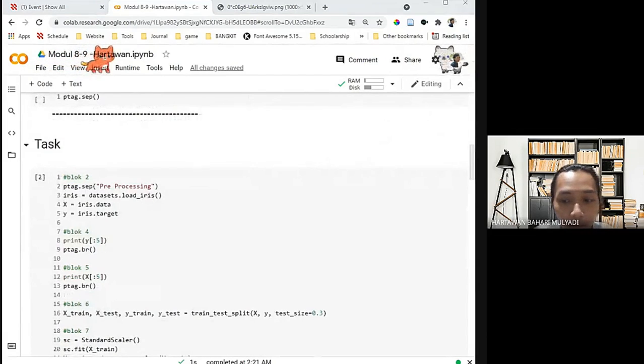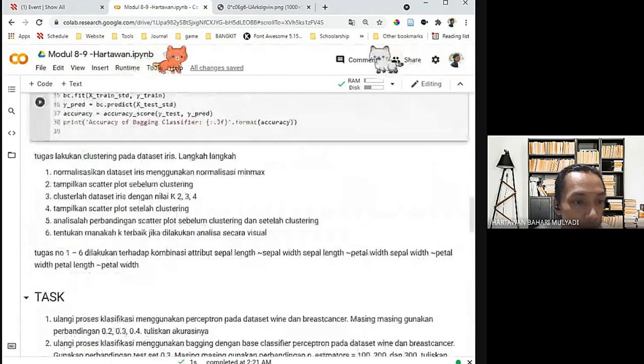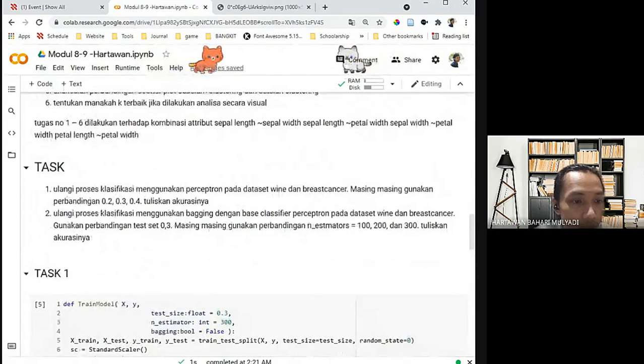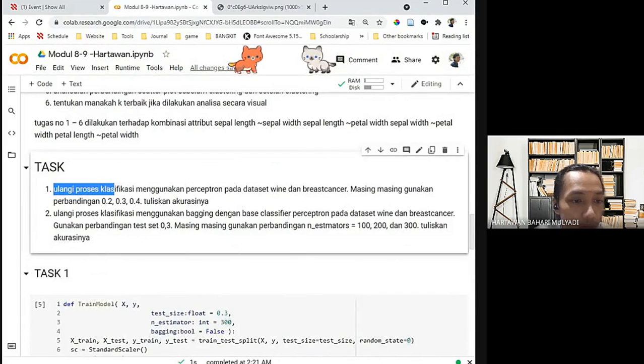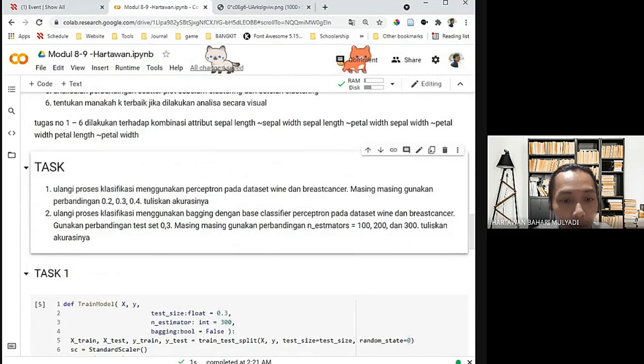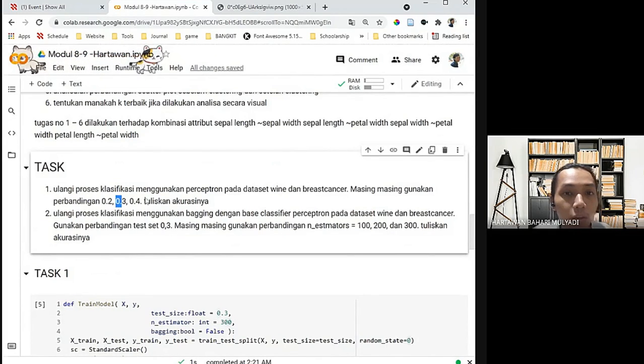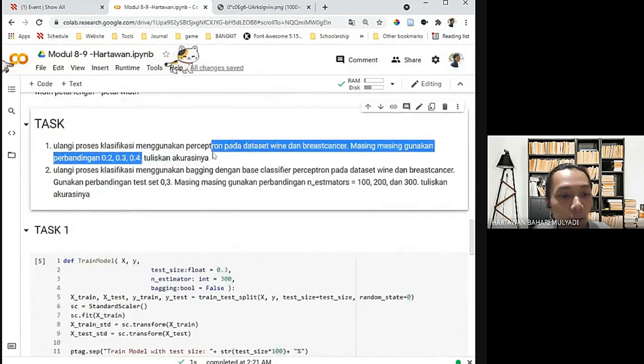Okay, heading to the tasks. In task one, we have to process classification using the perceptron layer, using the datasets wine and breast cancer. And next, we set the test size to 0.2, 0.3, and 0.4, and get the accuracy.